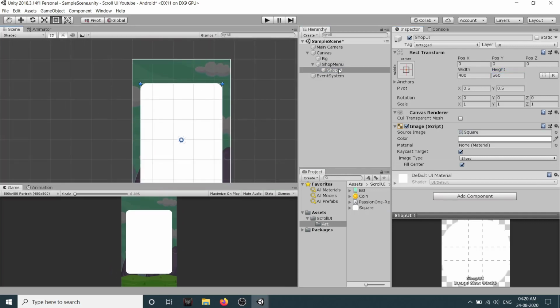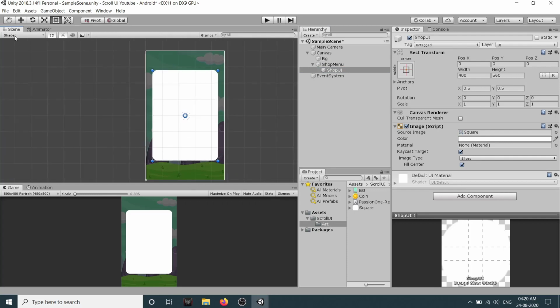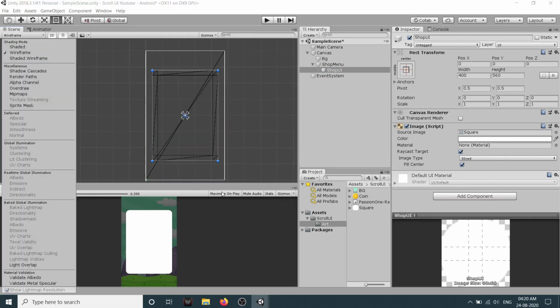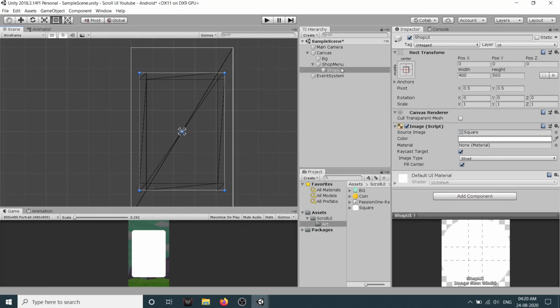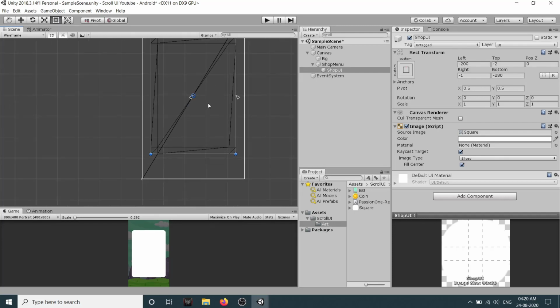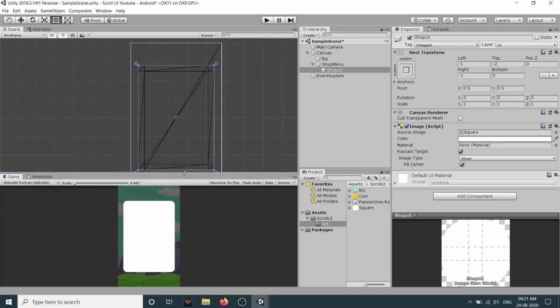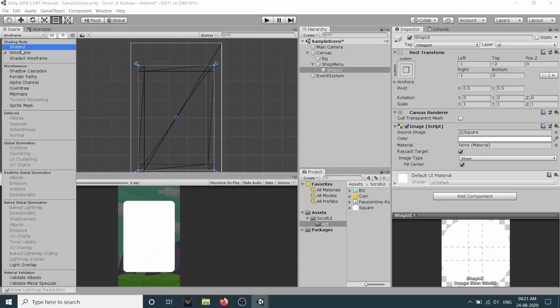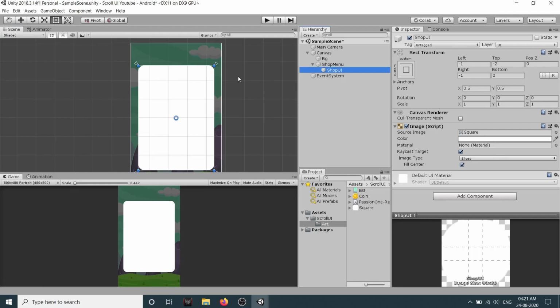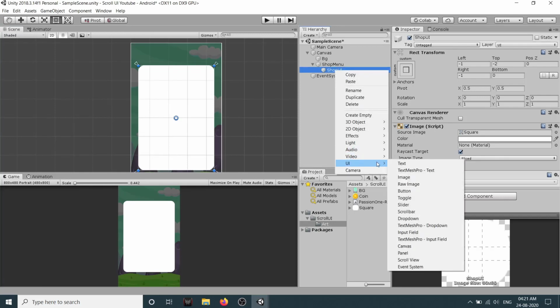Then we will create a new, before we create, let's anchor this thing. So if I go to wireframe, you guys can see here I have selected my shop UI and I have these anchors here. So I will just drag these anchors and I will drag them here somewhere to the edges of our scroll UI. Okay, let's go back to our shaded mode and in our scroll UI let's create a new image